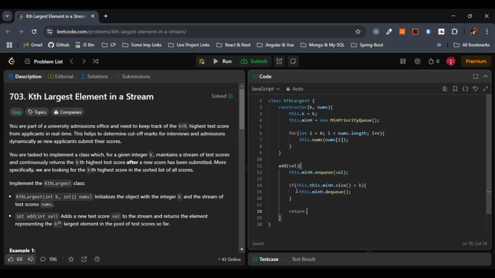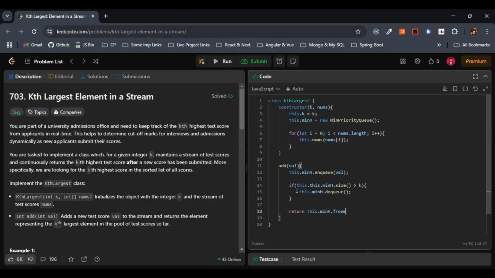We know that the kth largest element, after removing the smallest element, is always at the root. That's what we have to display as output, right? That's what we saw in the example, and that's what we discussed in the approach as well. How can we articulate this in code? We can just give here